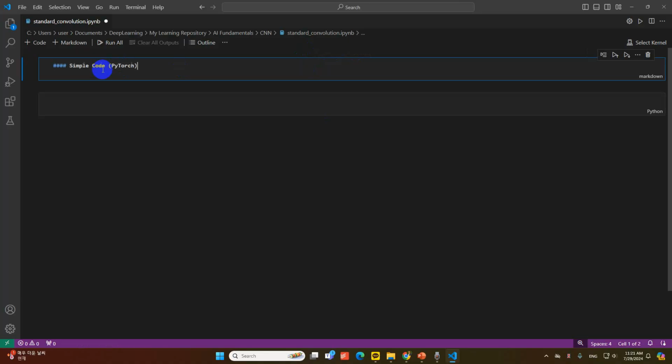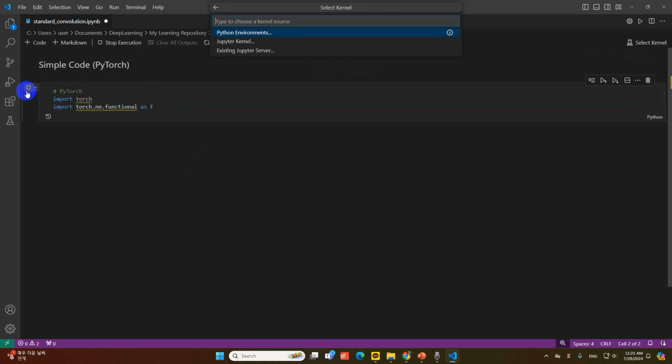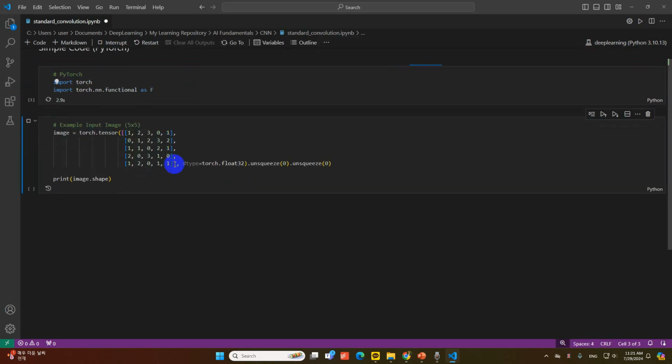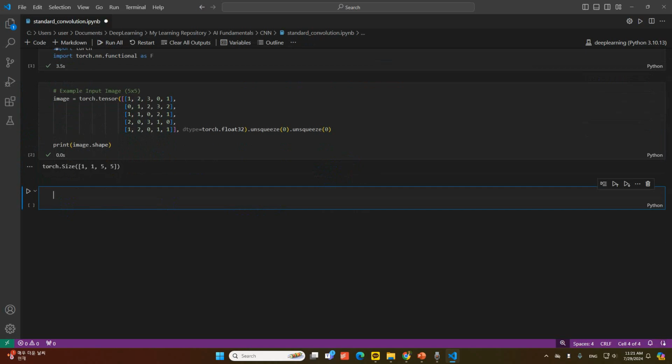Let's start with the PyTorch implementation. First of all, we need to import torch and torch.nn.functional. The latter provides the convolution function. Suppose we define a 5 by 5 image using torch.tensor. We also convert it to a float tensor and use